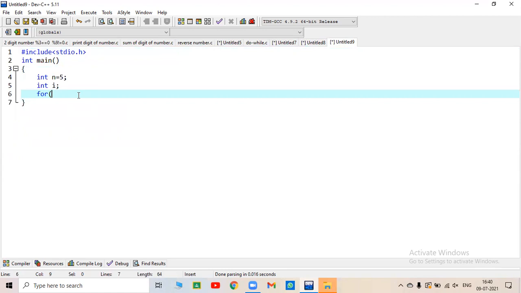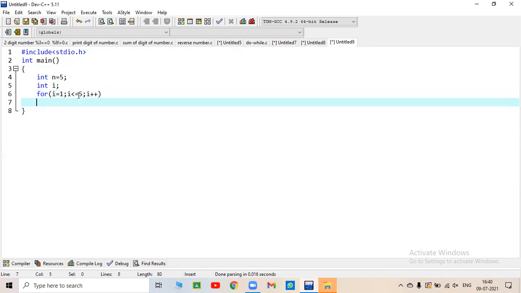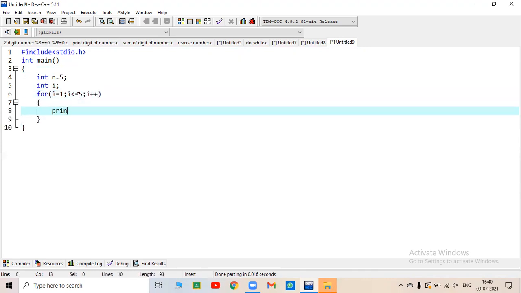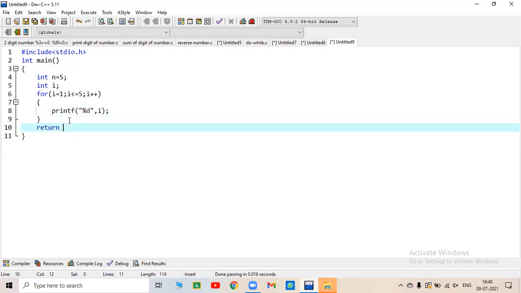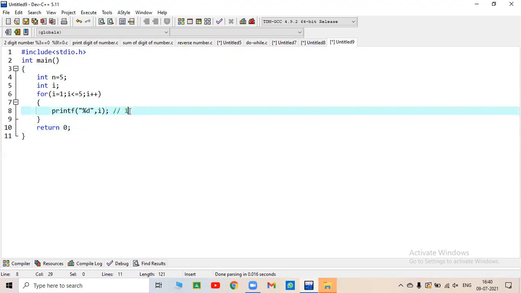We have to print 1 to 5. Okay, normally. So in the for loop we will use the initialization statement, then our condition, that is i less than or equal to 5, and then i plus plus, and simply print i. Okay, so this will give the output as 1 2 3 4 5.